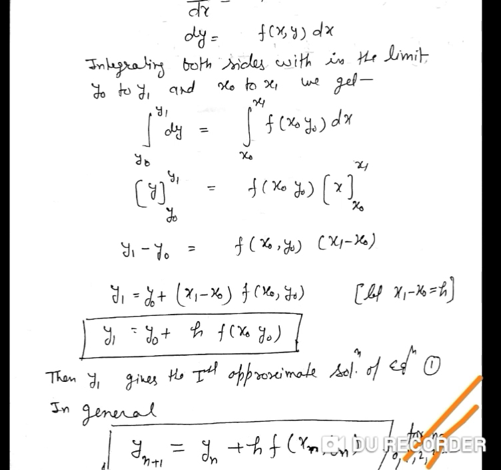ठीक है, क्योंकि देखो y1 यहाँ पर है तो यहाँ y0, that means अगर यहाँ पे n प्लस 1 है तो यहाँ पर n आएगा. ठीक है, यहाँ y0 है तो यहाँ x0 y0 है, तो अगर यहाँ पे yn आएगा तो f क्या आएगा, xn और yn आएगा. ओके